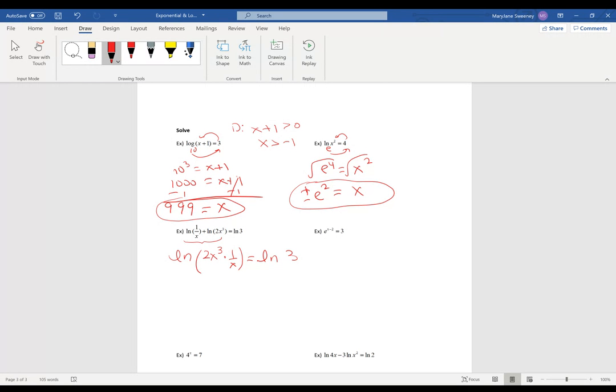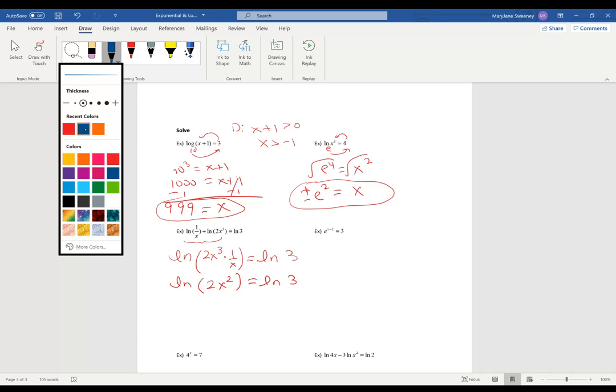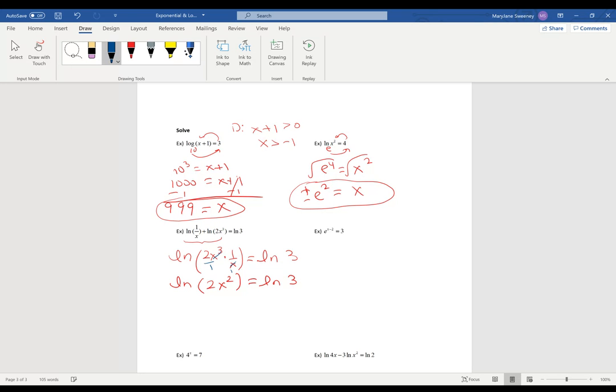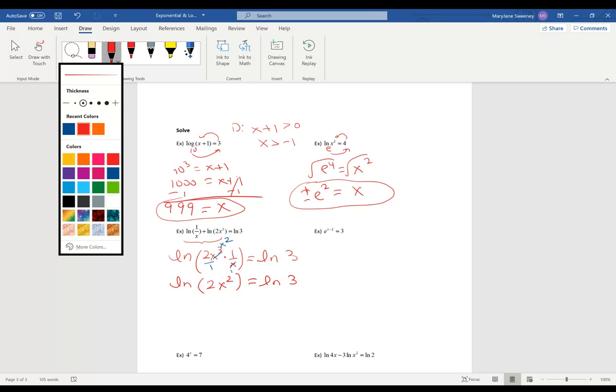So again, sum of 2 logs gets condensed to a single log by multiplication. So this is ln of 2x squared, right? If you're simplifying there, putting this over 1, you can reduce that and then multiply straight across. Okay, so once you do that,